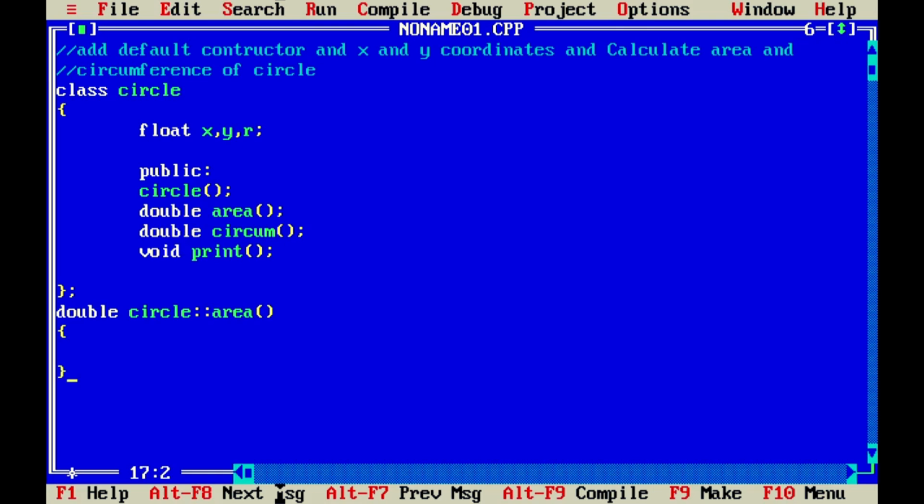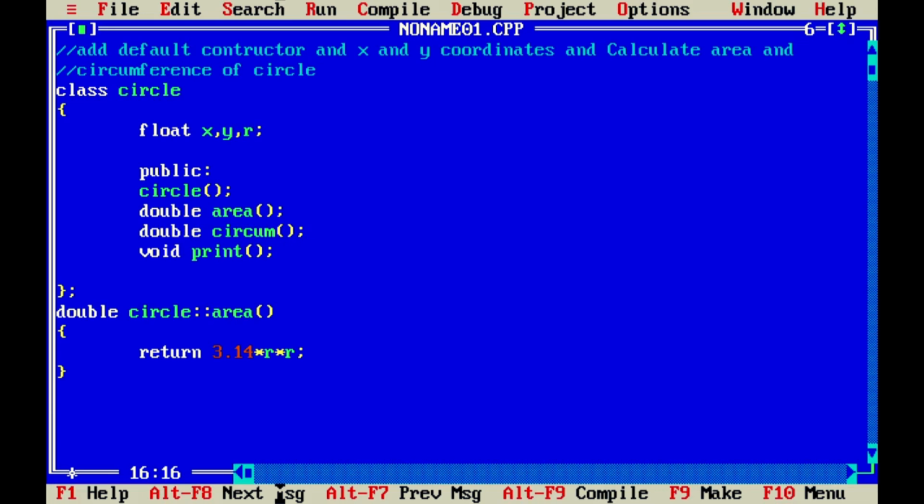Now within this area function, we are going to calculate area of a circle, which is nothing but 3.14 into r into r. Okay, and as we have double as a data type, you have to write return 3.14 into r into